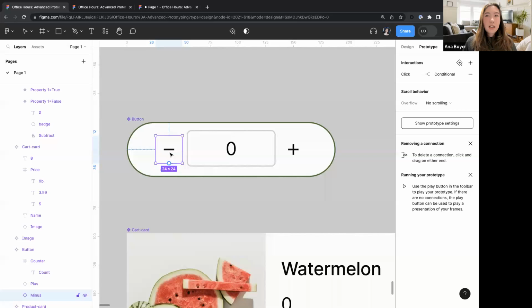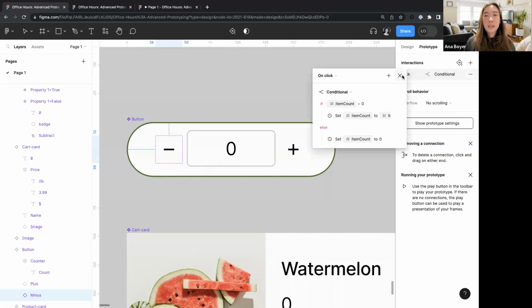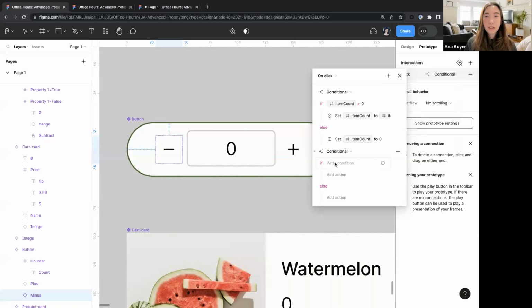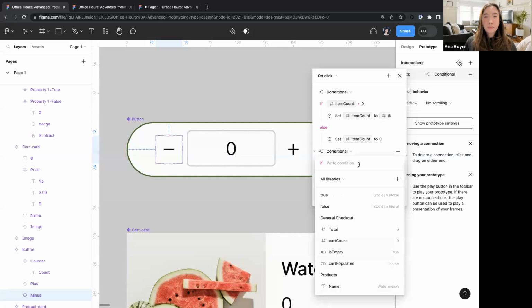For the minus, that really depends, right? I mean, you could have any number of items added. So clicking that minus button could possibly remove the last item, or it could not. So that is going to call for another conditional. And we'll say in this case, if,